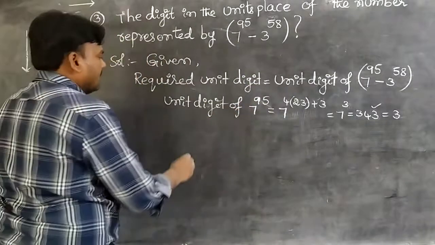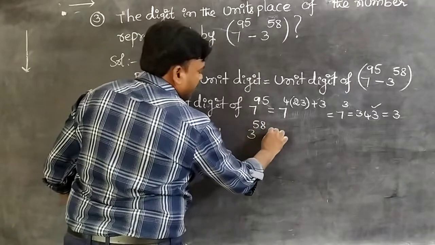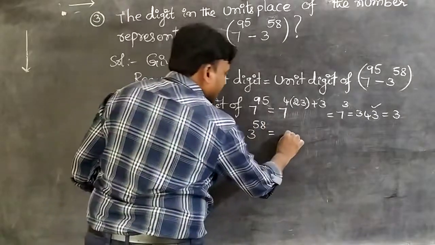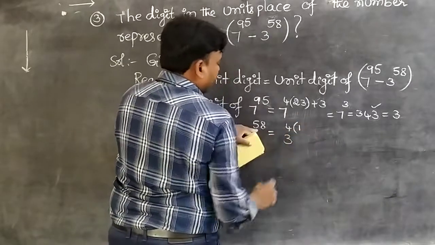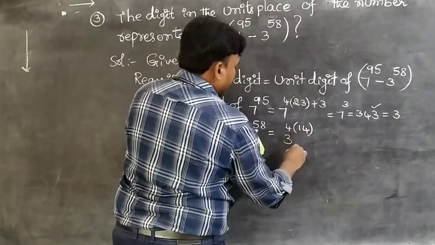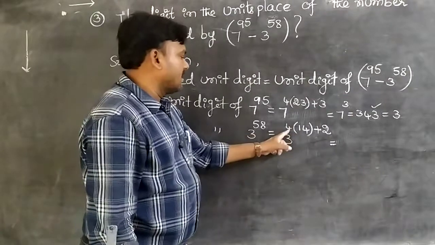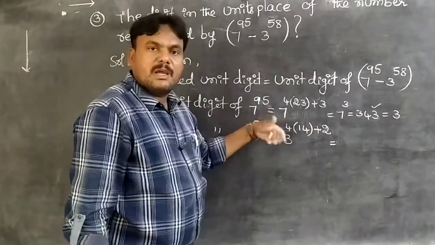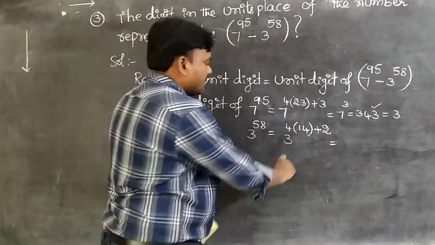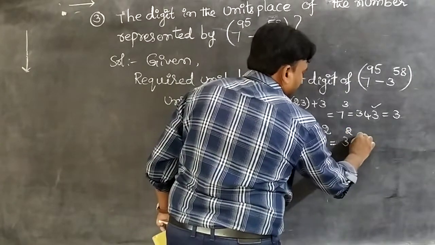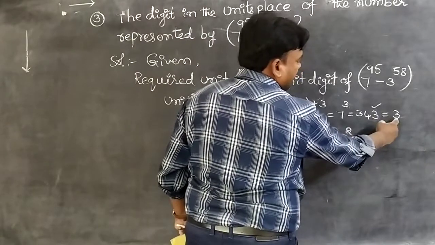And coming to the second one, unit digit of 3 power 58. 3 power 58 equal to, same procedure, 3 power 4 of, yes, 4 1 is 4. Next one, 4 4 ja 16 plus 2. So it becomes 14, 4 14 ja 56 plus 2, 58. Okay, students, same procedure, a power m plus n equal to a power m into a power n. Next 3 square. 3 square is nothing but 9. Okay, here 343 means we have taken here 3. 3 is nothing but 13 taken.